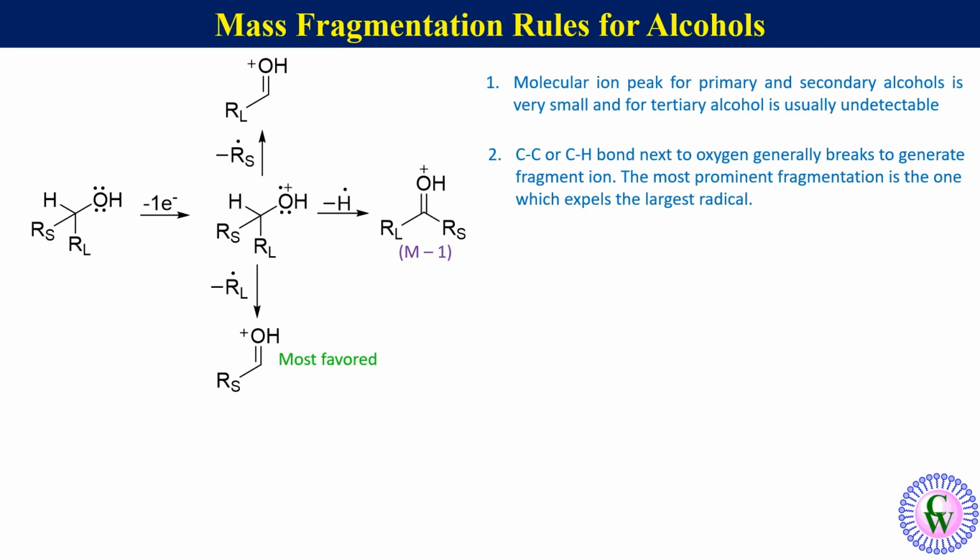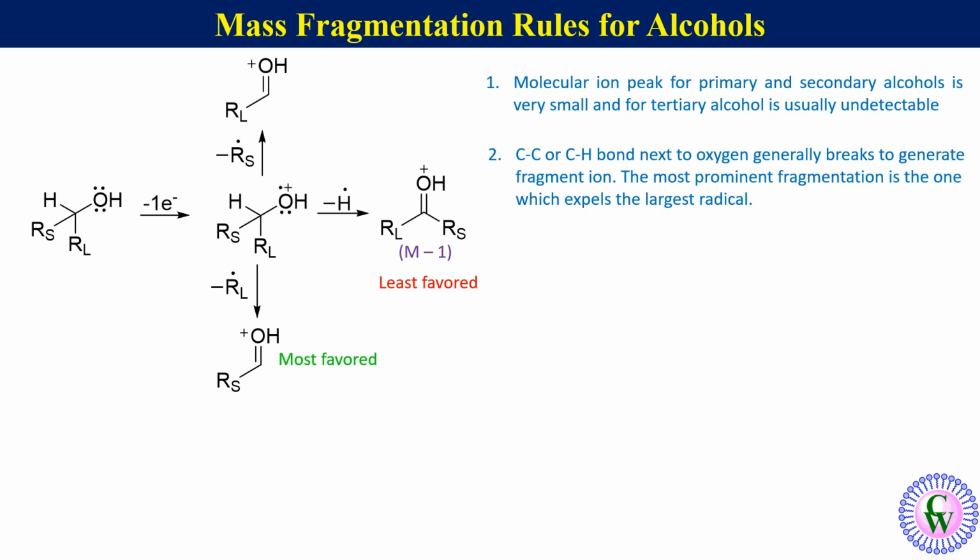So, according to second rule, the protonated aldehyde with a smaller R group will be the most prominent peak as it is formed by the removal of largest R group, and formation of protonated ketone corresponding to M-1 peak will